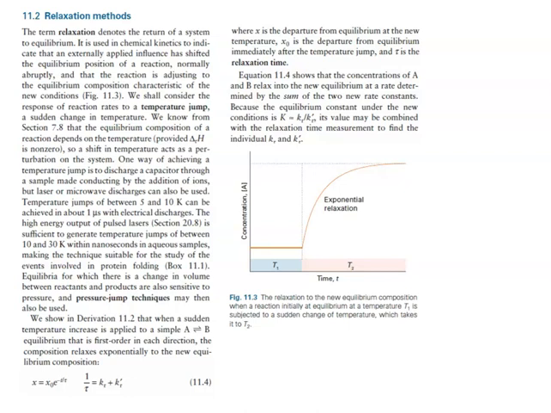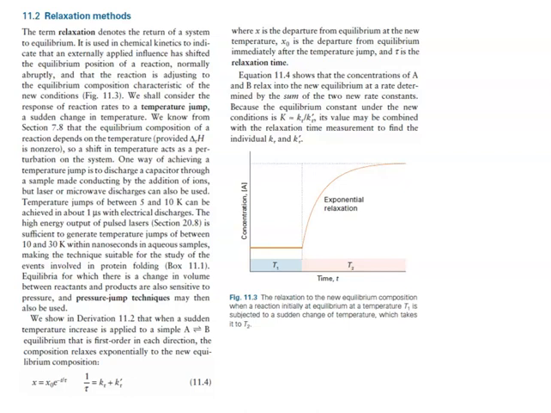So equilibria for which there is a change in volume between reactants and products are also sensitive to pressure, and pressure jump techniques may then be used. It's shown in derivation 11.2 in the text, if you'd like to go through the derivation, that when a sudden temperature increase is applied to a simple A is in equilibrium with product B, or AB equilibrium, that is